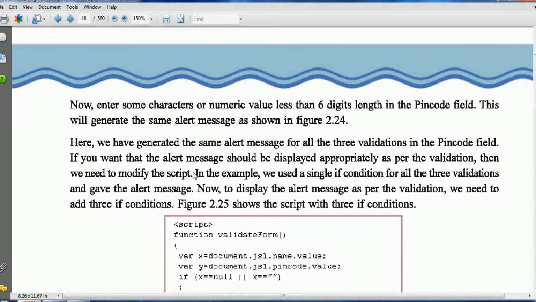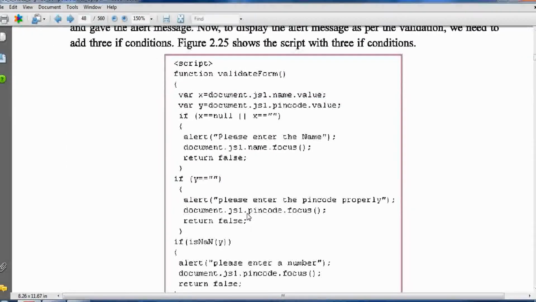Here you have to change the script to get a separate message. In our example, we used a single if condition for all the three validations and gave one alert message. So now to display the alert message as per the validation, we need to add three if conditions. So here we go for three if conditions.